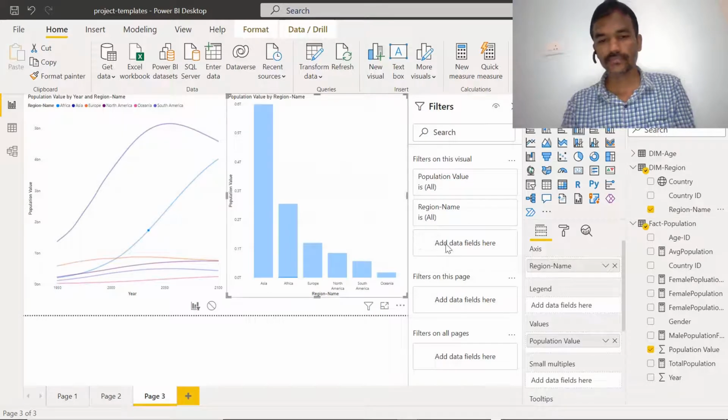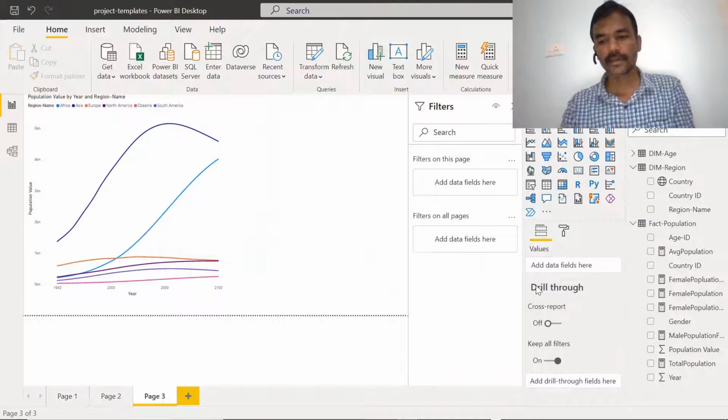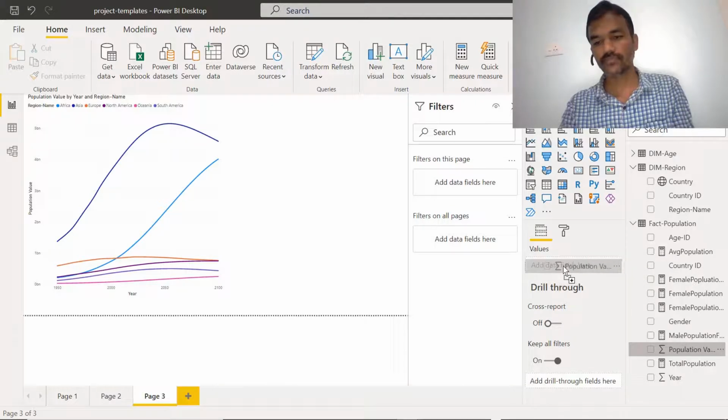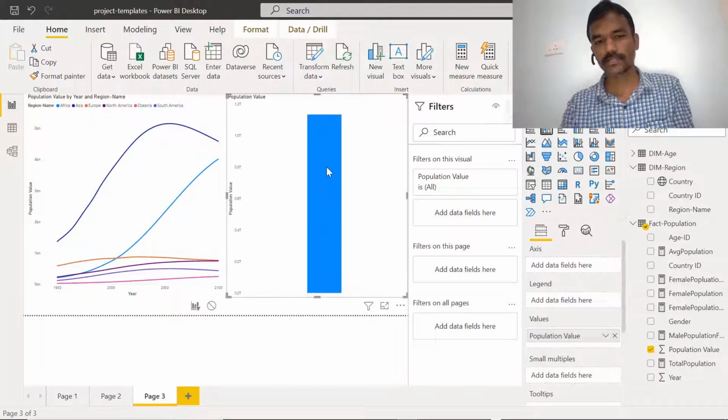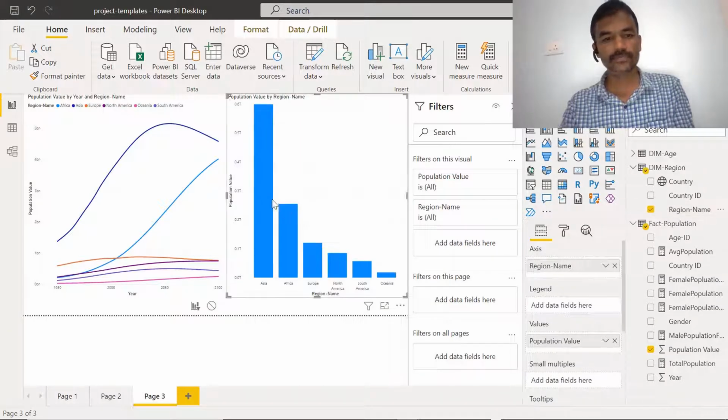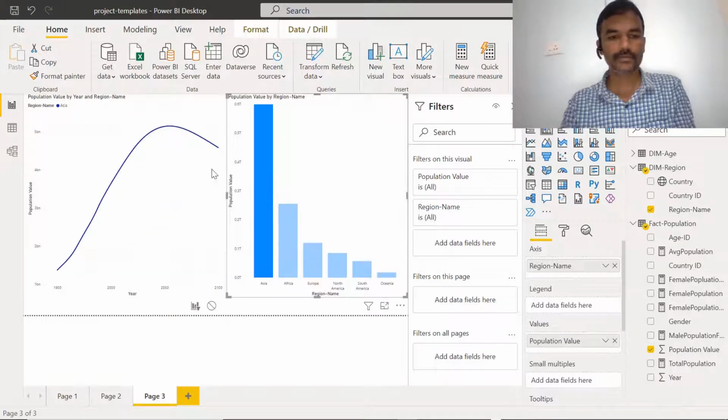Well, there is another way we can add this. So I'm just deleting this, and we can directly drag this population value on this data field. So this is one way. Just directly click on here, and you can get this population value. Now this is showing something like this because we have selected this table, but instead if you select this stacked column chart, then it will change like this. Now I'll add another region name here in the axis field, so that it looks good now. So this is what we can see.